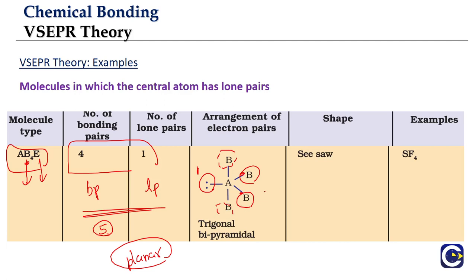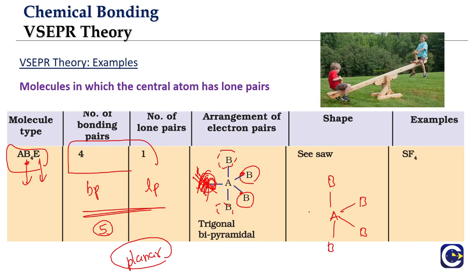But if you look at the shape of this molecule, again we will not be able to see the lone pair. We will only see the other atoms. So look at what we are able to see. We'll see A, we'll see B, and the two B's over there. We'll only be able to see the positions of the nuclei. So if you look at this shape, this is like the seesaw shape, isn't it? So you'll have the line, and the shape that we see is a seesaw shape.